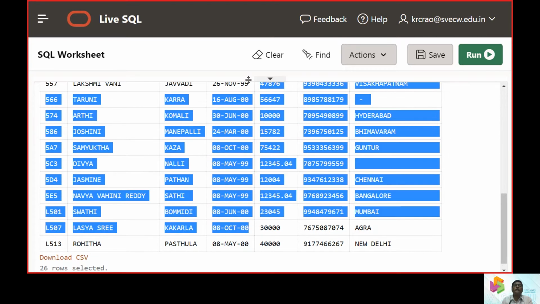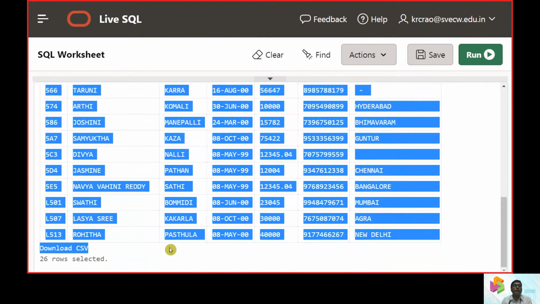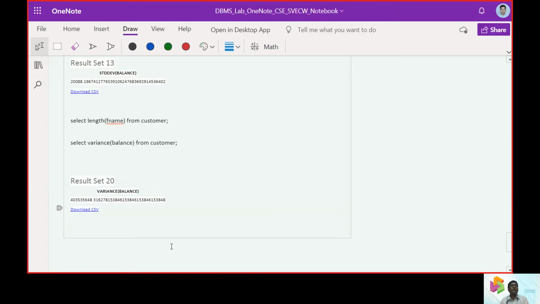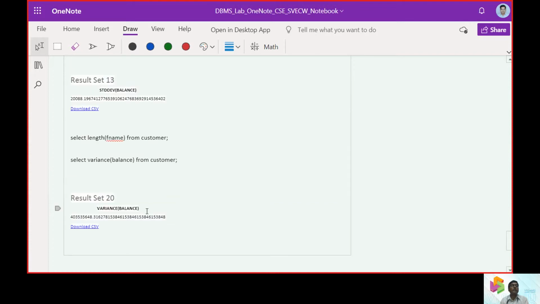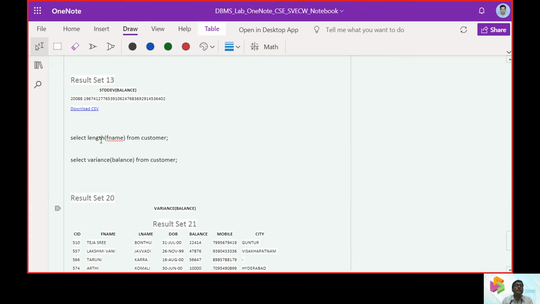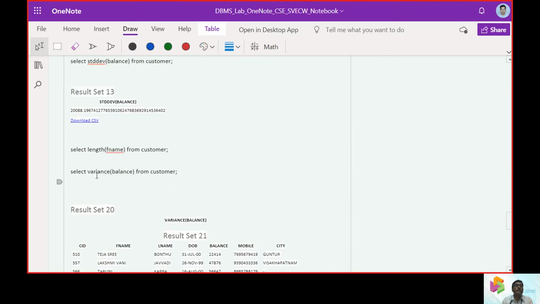Now, what we are going to look into is, we will first put the data set here. Then, if it is of interest, we can say select length of the first name from the customer. What are the first name lengths that are going to be found?